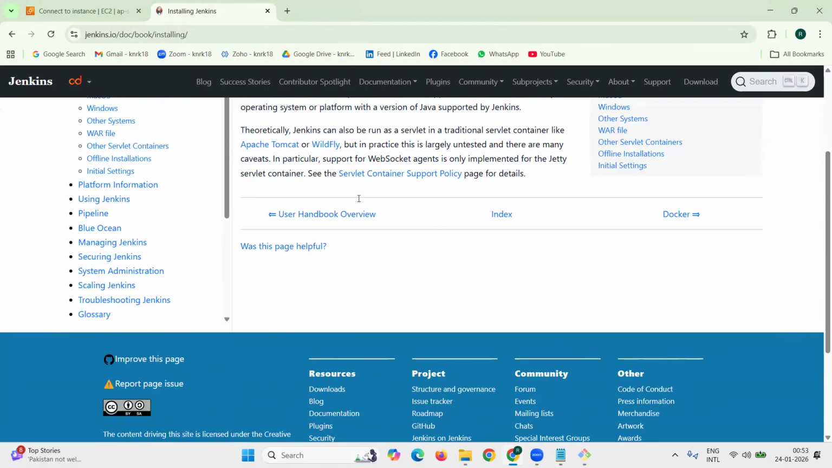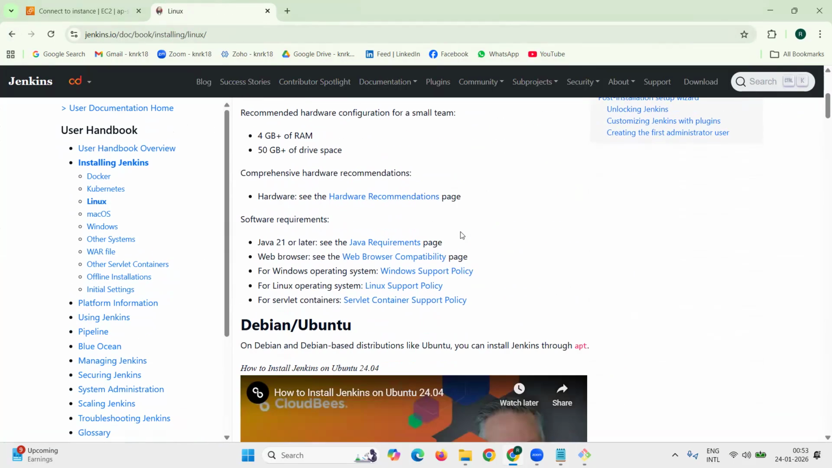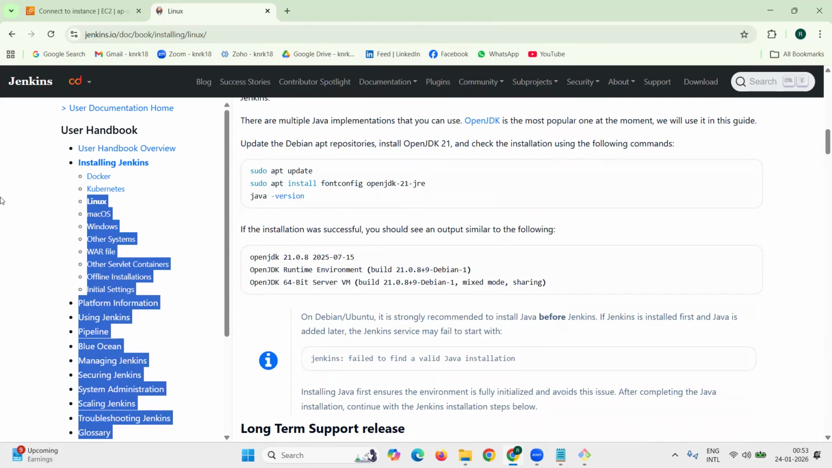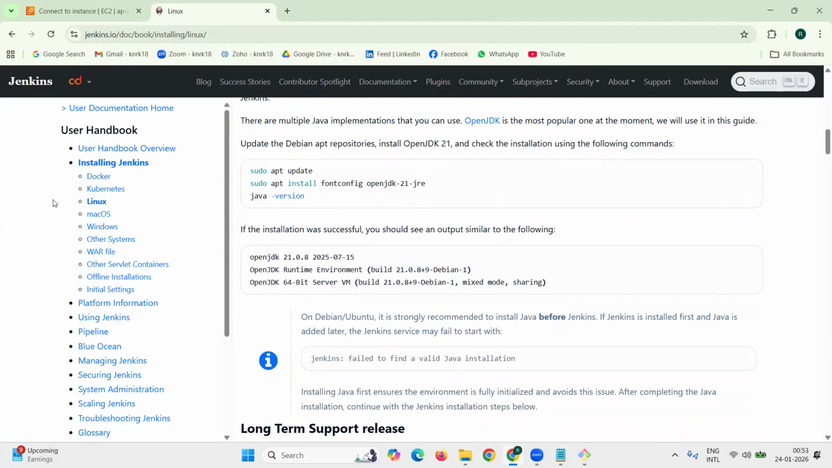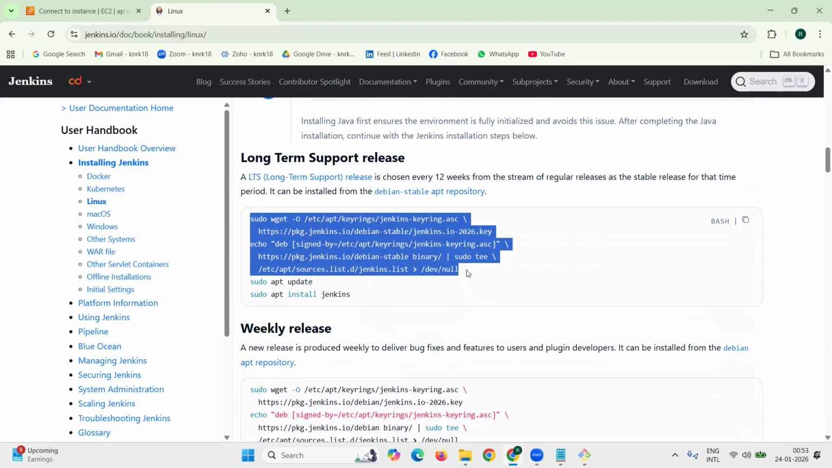You can see here, for Linux, our installation is for Linux. You can see for different operating systems, if it is supported. On the left hand side, you can see these different type of OS or platforms. My requirement is to install LTS, long-term support release. So first, we'll download using wget to download key as well as update source list on